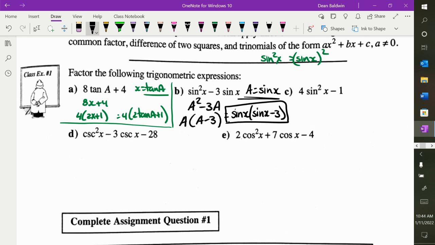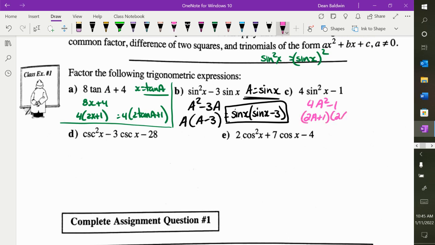I'll use the same substitution for the next one. So this will end up as 4a squared minus 1. What type of factoring is that? Difference of squares, because you can square root everything. So it turns into